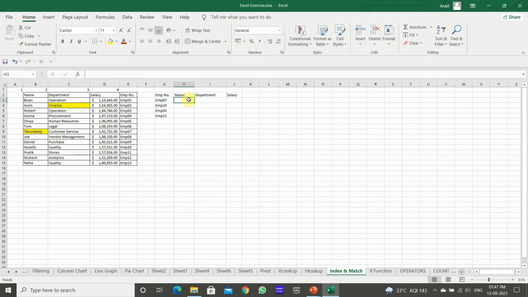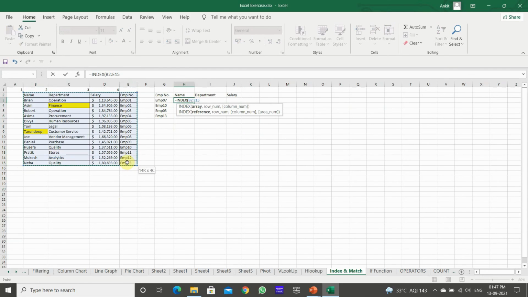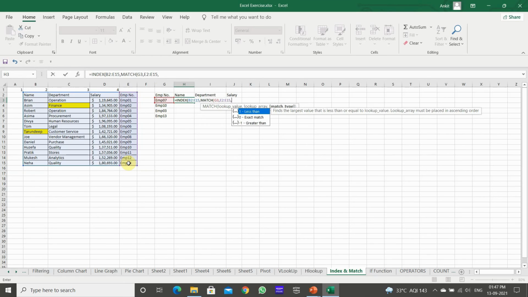First of all, the INDEX function, array, okay, the row is taken from the MATCH function, row number, the lookup value is this one, table array. Now the array, it was here at column 1, now it is in column E, so we will take this one, 0, exit function.